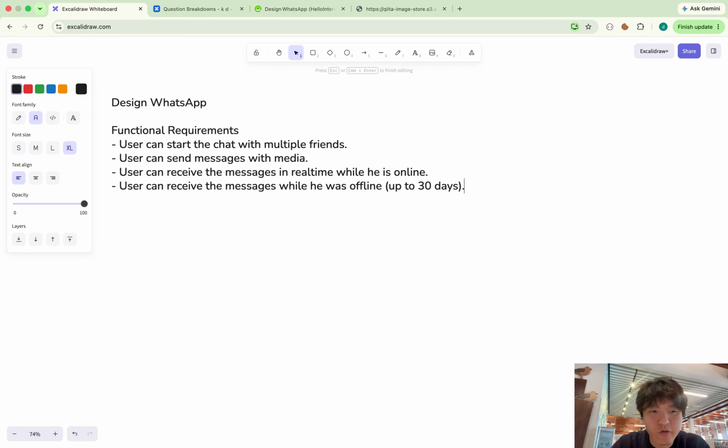Okay, so now I do the non-functional requirements. I first go with the CAP theorem. In CAP theorem, I can guarantee up to 2 of strong consistency, availability, and partition tolerance. And because we are designing a distributed system, partition tolerance is a must. So now we have to choose between strong consistency and availability.